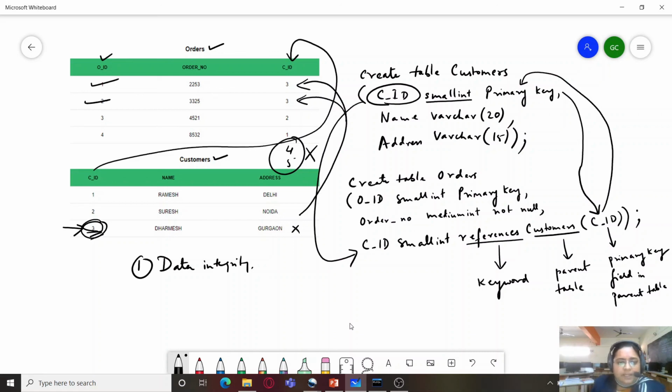This is to maintain the integrity and the consistency of the table. In case we delete the customer Dharmesh from the customers table, and he is still being referred to in the orders table, then this brings the database into an inconsistent state. Hence these are the limitations associated with the foreign key.